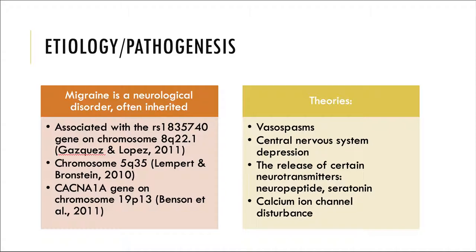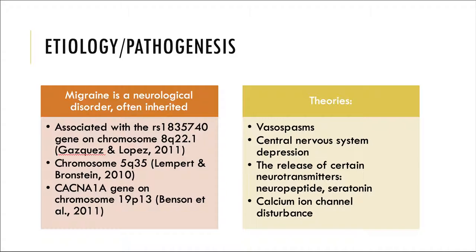But some of the other non-inherited theories behind vestibular migraine are vasospasms, which are vascular constrictions. What can happen there is blood vessels dilate, and when they overdilate, they impinge on the nerves on the blood vessels. And during the ischemic phase of the headache, blood flow may be constricted, including to the internal auditory artery, resulting in a vestibular migraine. It is also thought to be caused by a central nervous system depression,